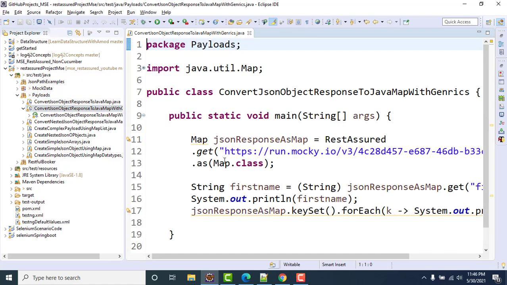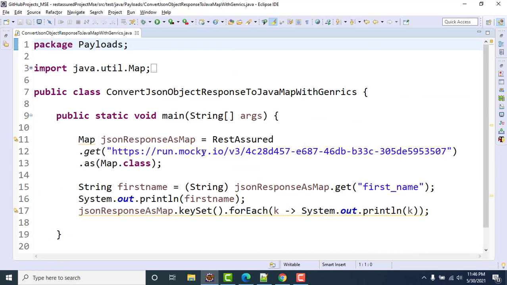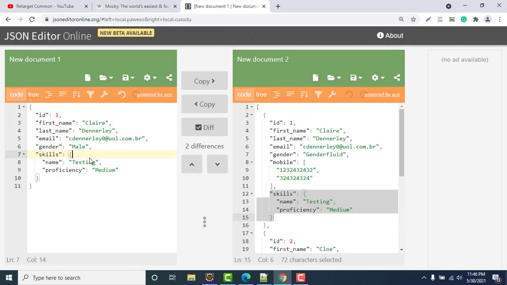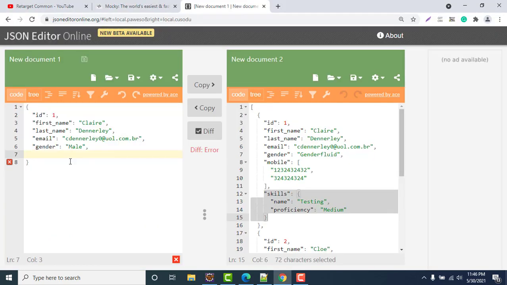So where is that? Here. What I was saying is that I already know that whatever response we are getting earlier, that is one map which holds string as key, and value will be an object type, because this has integer as well and strings as well. So I cannot mention any one class type there, so I will use object.